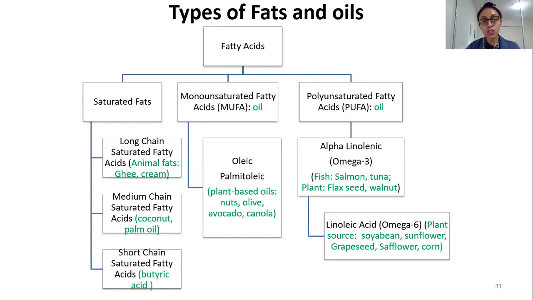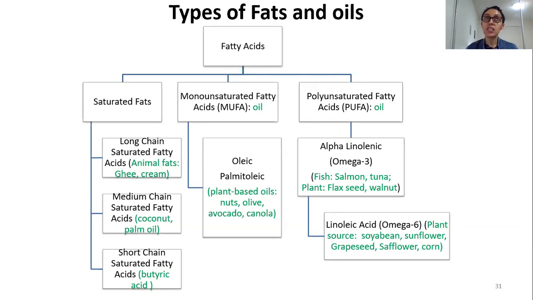Within these saturated fats, the one we should be most concerned about in day-to-day life is your long chain saturated fatty acids. Then you have your medium chain saturated fatty acids, like coconut oil. Palm oil is now in a very big debate, of course, because of our lovely orangutans. I don't want them to be harmed either, but you do have an option, coconut oil. One of the most popular medium chain fatty acids in our diet is coconut oil, and it has definitely shown a lot of health benefits.